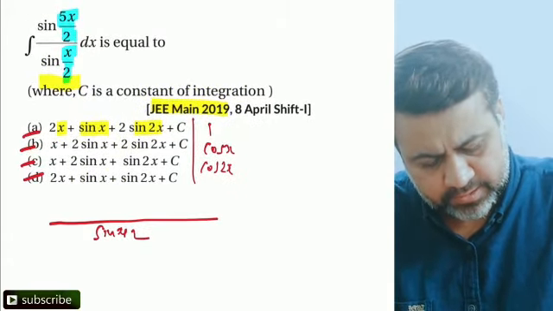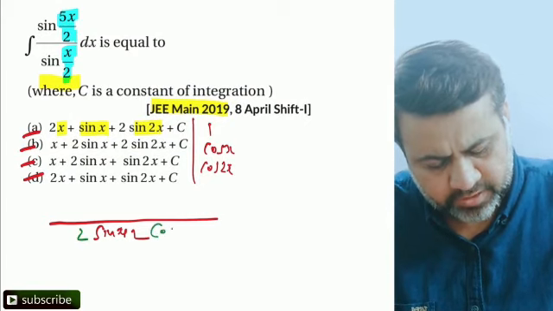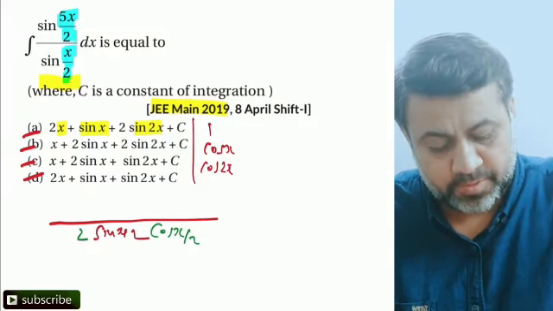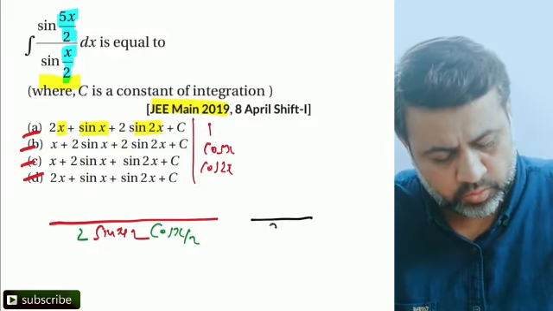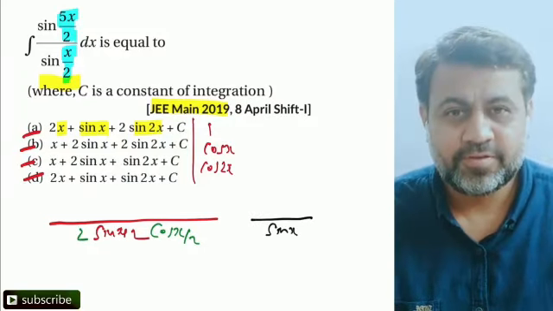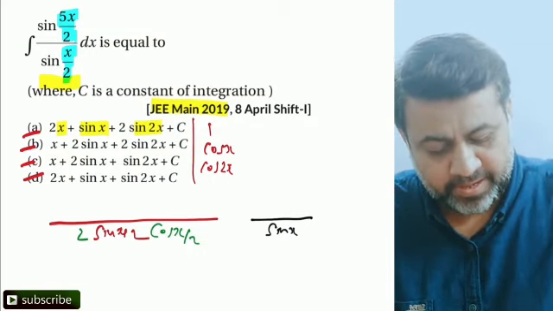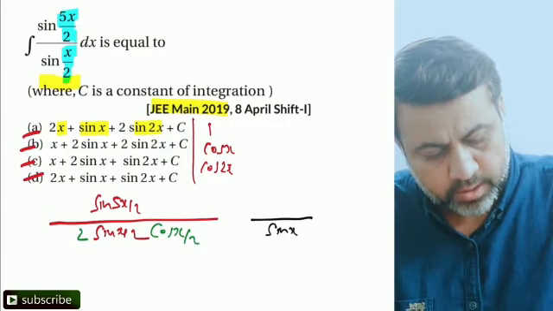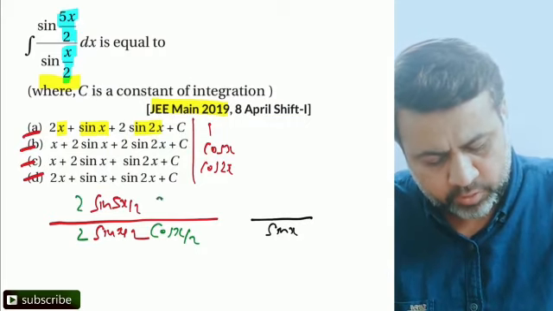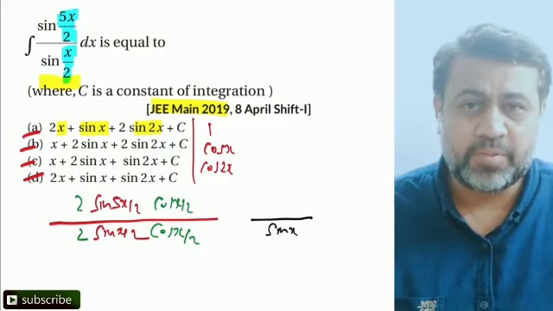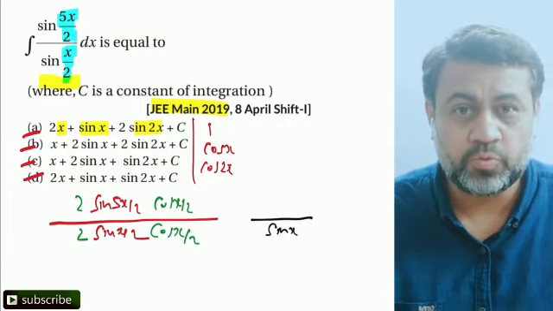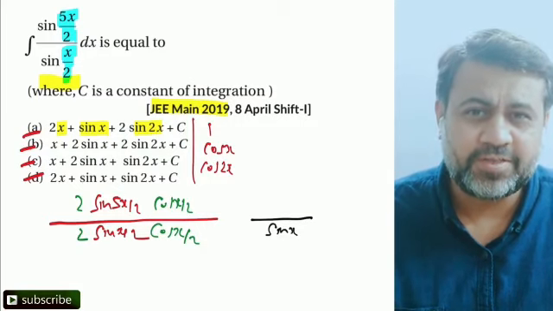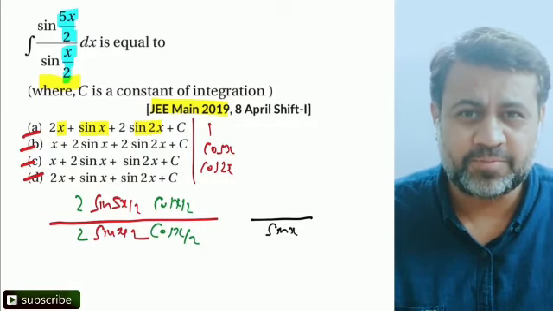If I just multiply by 2 cos x/2, what is 2 sin x/2 cos x/2? 2 sin x/2 cos x/2 is sin x. We have to apply the same thing in the numerator also. So sin 5x/2 will be multiplied by 2 cos x/2. Basically I am multiplying and dividing by 2 cos x/2 to take the problem further. So in the numerator you will realize that the 2 sin A cos B concept will be used.